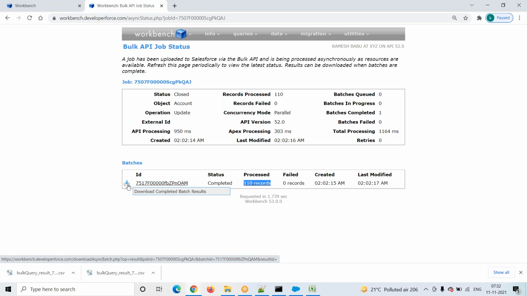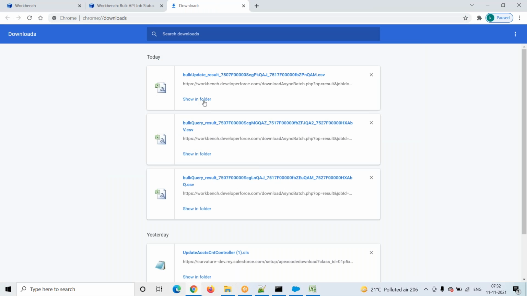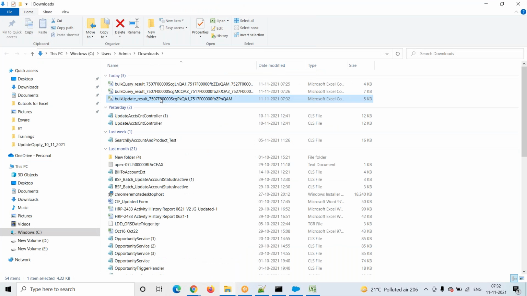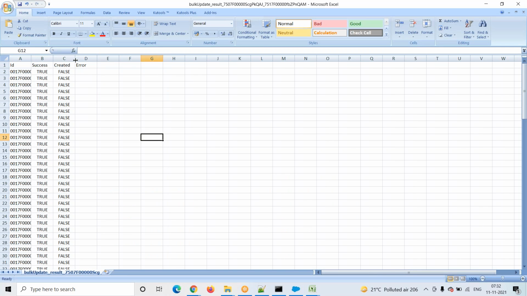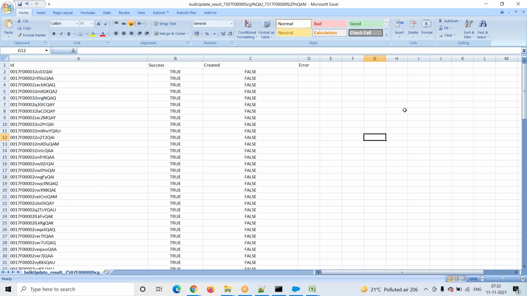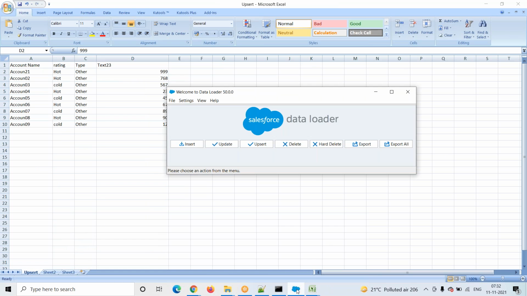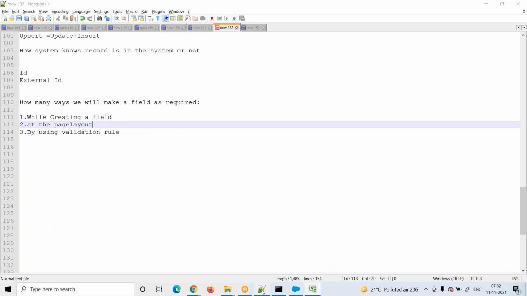Then what about the success file and failure file? Click on this file. Click on download complete batch result. So see, this is the success file. There are no errors. If errors are there, the system will generate errors also. Okay. Any questions on this one? Any questions? So